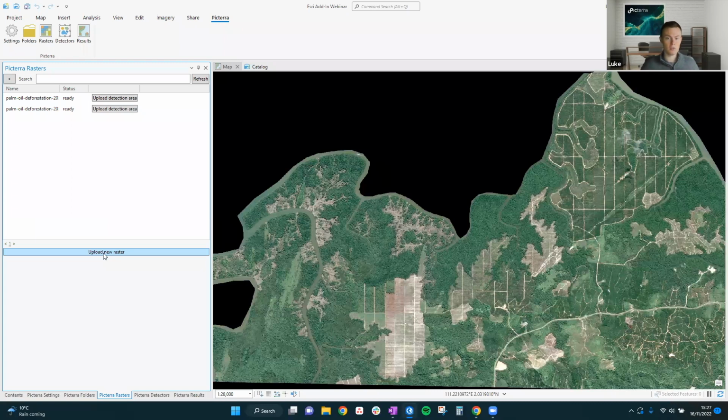So it's just hopefully streamlining the process for you as well. You also have the ability to upload a detection area. A detection area is a polygon that will sit on top of your raster image and tell the detector where to run. So if we take the example of this image on the right, there's a lot of background,